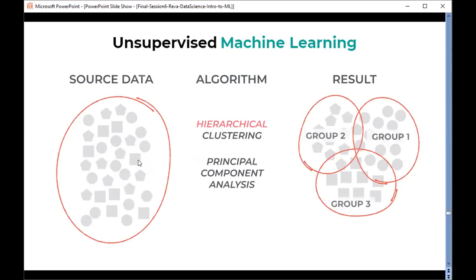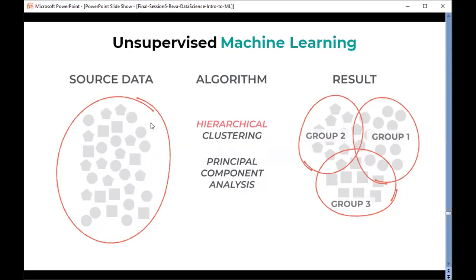So like here we have data types, like we have a square, we have a circle. So we have this kind of information. If we put this information in a formula, we will be able to separate this data into separate groups. This is unsupervised machine learning, which does not have labels, but just learns the similarity between different samples.